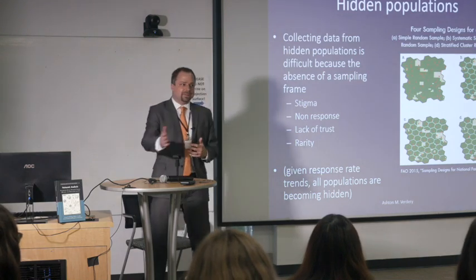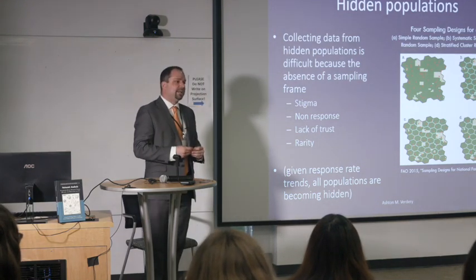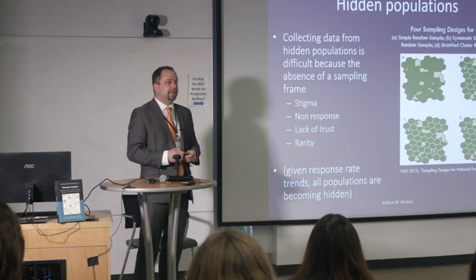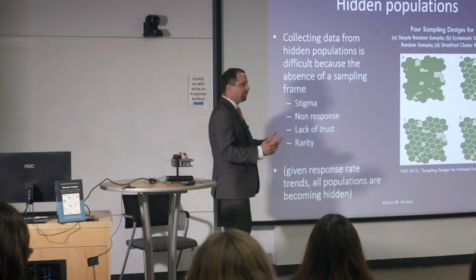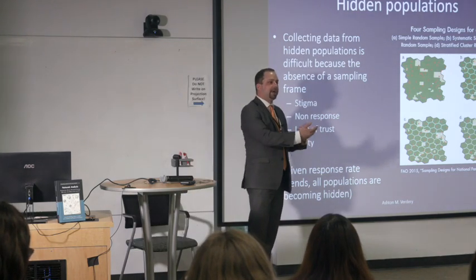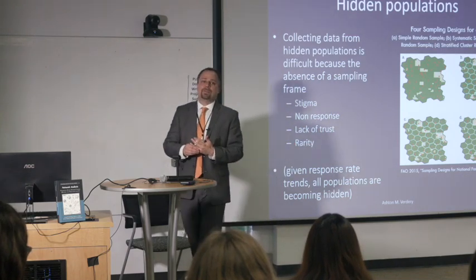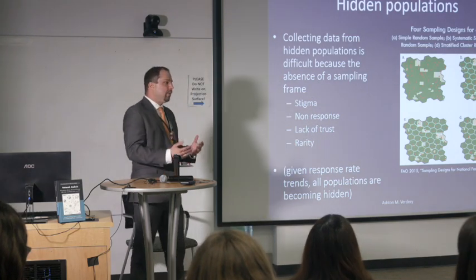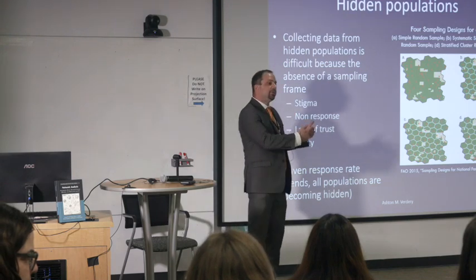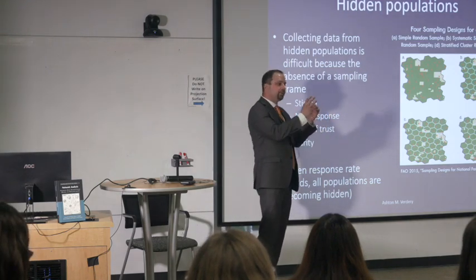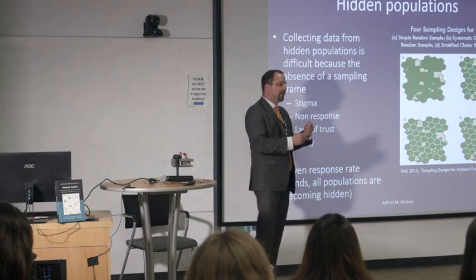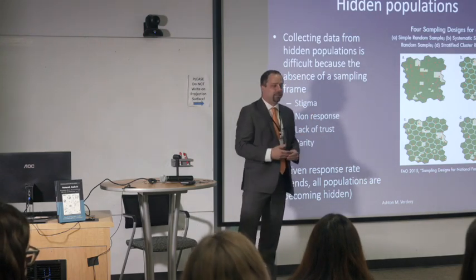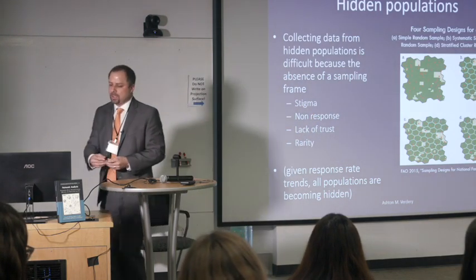So there are a lot of techniques across different scientific fields for collecting hidden population data. There are techniques from ecology, for instance, to collect data on rare animals that could be applied. But it's a bit of a challenge because, unlike with animals in a forest, you can't just grid up the space and then randomly sample. You have to have quite a bit of community information to be able to collect that data.